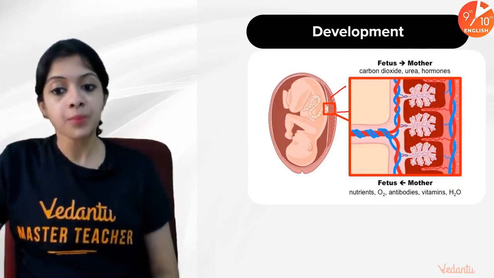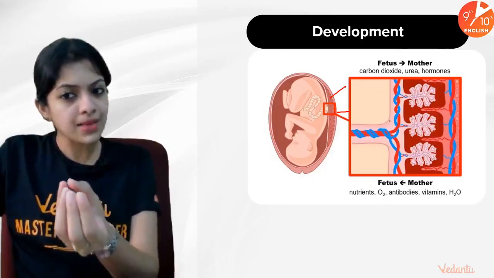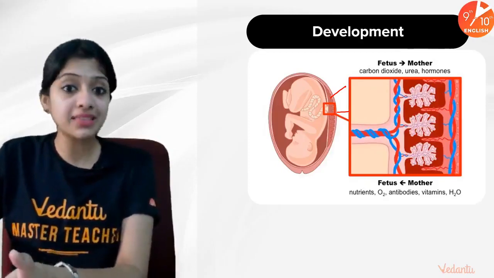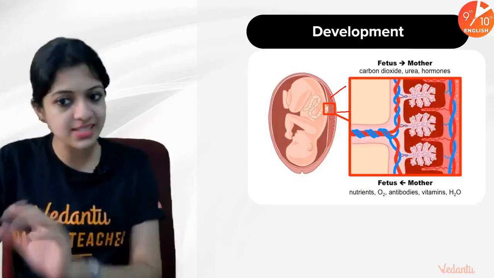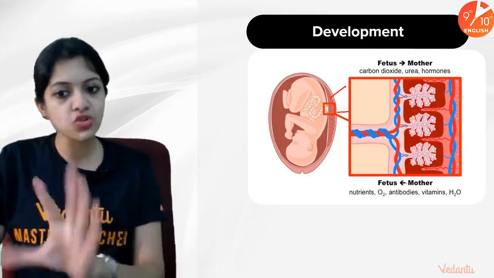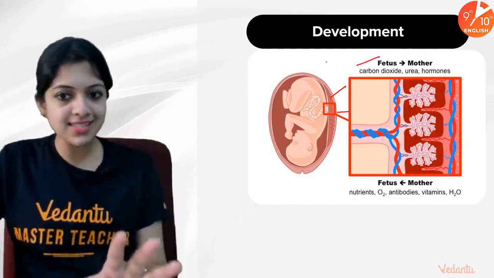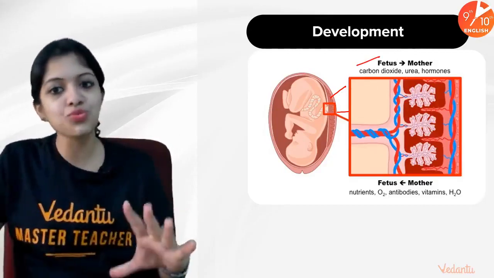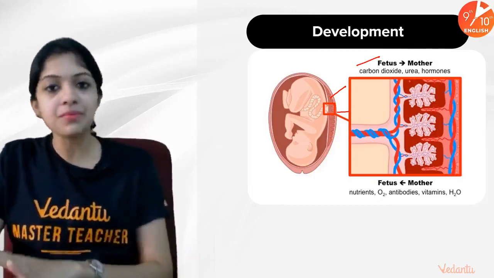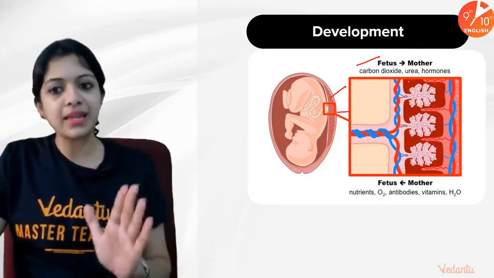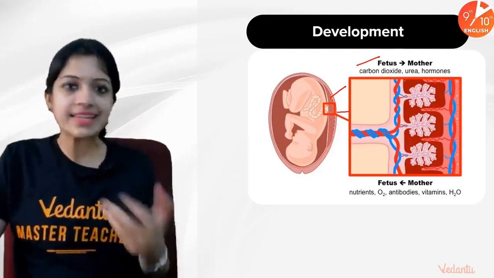You can see that the placenta is a connection between some of the baby's tissues and some of the mother's tissues. These red and blue wire-like structures are the blood vessels, because it's through blood that all this transfer is happening. From fetus to mother, all this transfer happens. Whatever the baby doesn't need, it's like, mommy, take all of this, I don't want it. Carbon dioxide, urea, hormones. And what happens then? It gets eliminated just like any other waste is eliminated through the mother's body, when the mother exhales, or filtered by the mother's kidneys and so on.